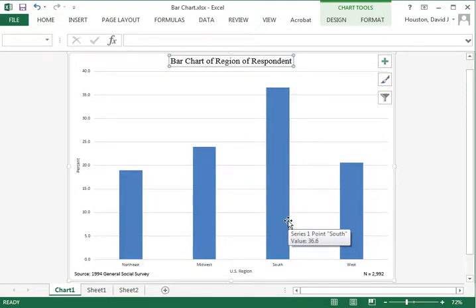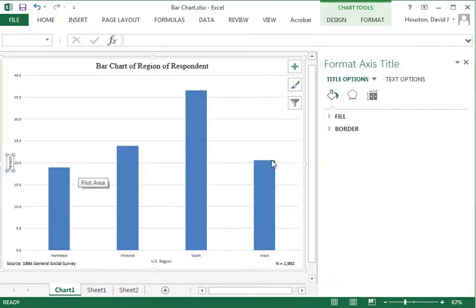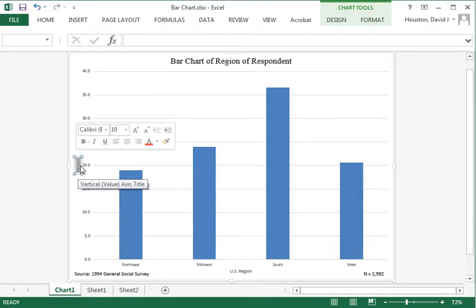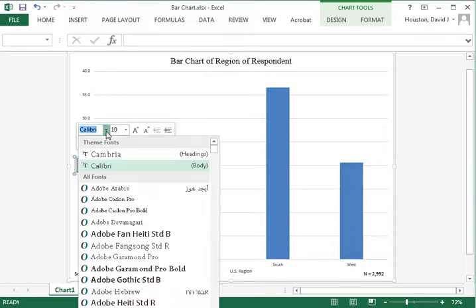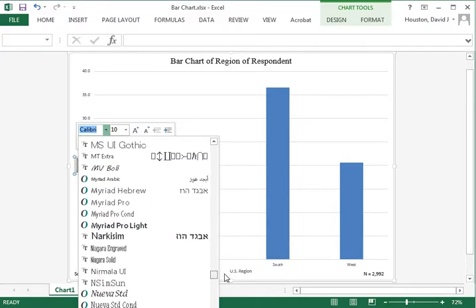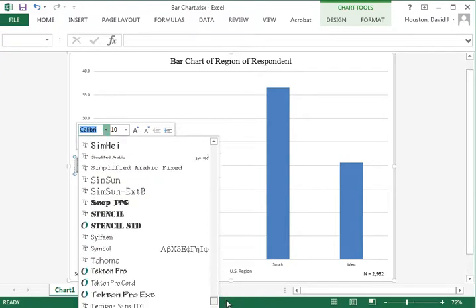Let's do the same thing here for the labels for each axis. So I'll just click and highlight. Go ahead and close that. And one of the things I like to do oftentimes is just click and drag within the box to highlight it all. And you notice automatically what comes up, Calibri is the default that's used here. I'm going to change that to Times New Roman. I'll scroll down towards the bottom where there is Times New Roman. Right there it is. I'll click it.